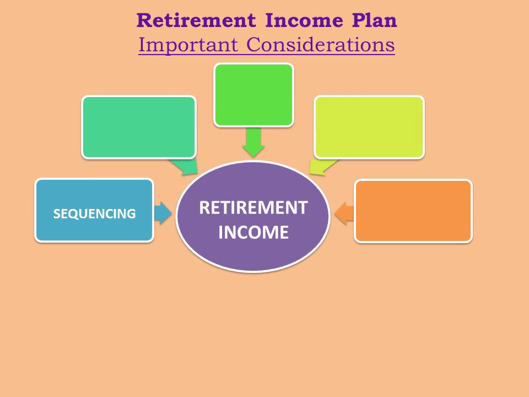Also, distributions from tax-deferred accounts is an important consideration, especially if you have the option to access tax-free income from, say, Roth IRAs or life insurance. Again, how you sequence your income sources can play a big part in how long your funds will last and how much you will ultimately pay in taxes. Healthcare will be a very big retirement expense for many retirees, with numerous options to consider. Taxes and tax planning should play a significant role in your retirement income planning.